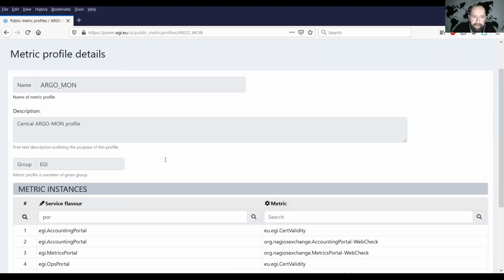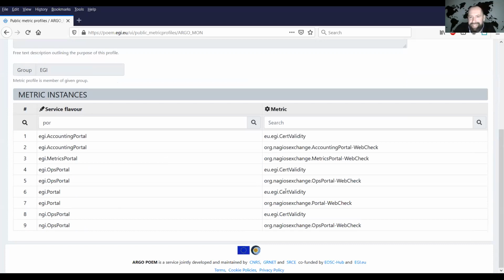Switch back to the public view. So, for example, the EGI portal has these two things. Now, if they both go red, is it red or is it green? These things really depend on the services, because in most cases it would be AND. Basically, if the certificate is invalid, then the service is invalid. So a default, and we never had a different example, is that when you try to calculate the availability for this EGI portal service type, you would check the results for this and this one, and then do the operation AND.